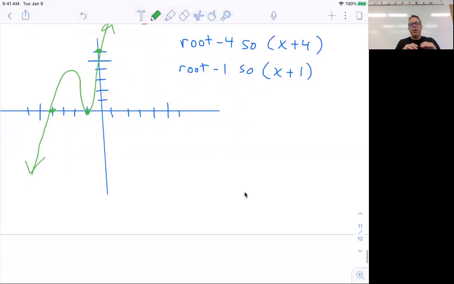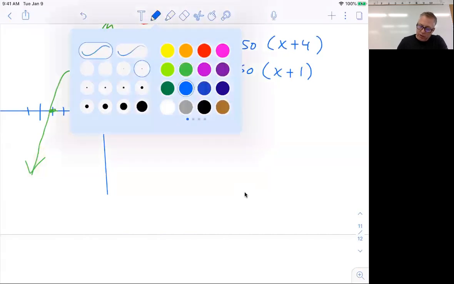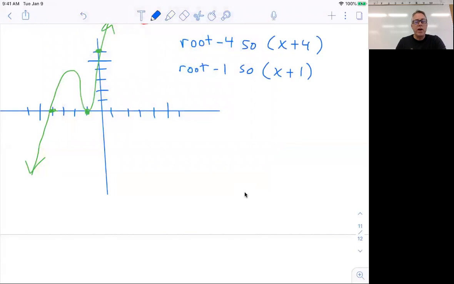So given that graph, we now know where the roots are, where the y-intercept is. We also know some other things about it. We know that the end behavior goes in opposite directions. One end is going up and the other one is going down. That means that we need to have an odd degree. We also know that the right side is going upward, therefore the leading coefficient must be positive. Let's stick with the idea of degree first. Because we're going in different directions and we have an odd degree,